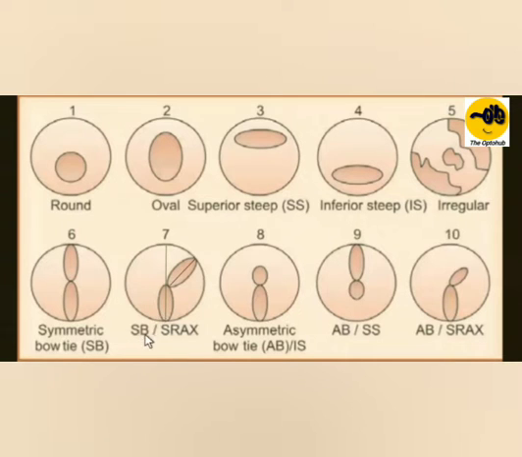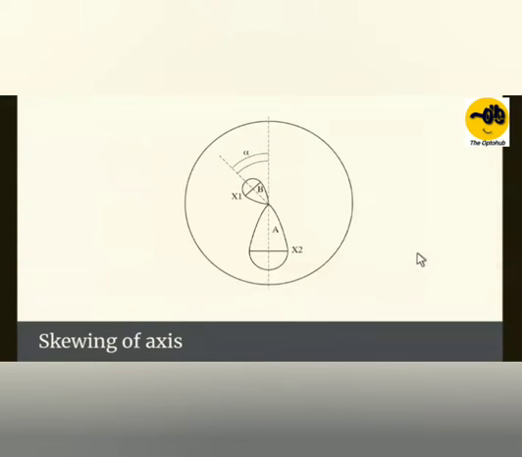Next would be asymmetric bow tie and SRAX. Over here you can see symmetric bow tie SRAX. Now what does this SRAX mean? It is nothing but skewing of radial axis. As I told you, there are two ovals that we are observing. So the oval number 1 and oval number 2, we measure the angle between the two. For oval number 1, which is vertical, we draw a line through it and through this meeting point, and we take it ahead, and then we draw another line from the center of the skewed part of the bow tie, and the angle between these two will be your